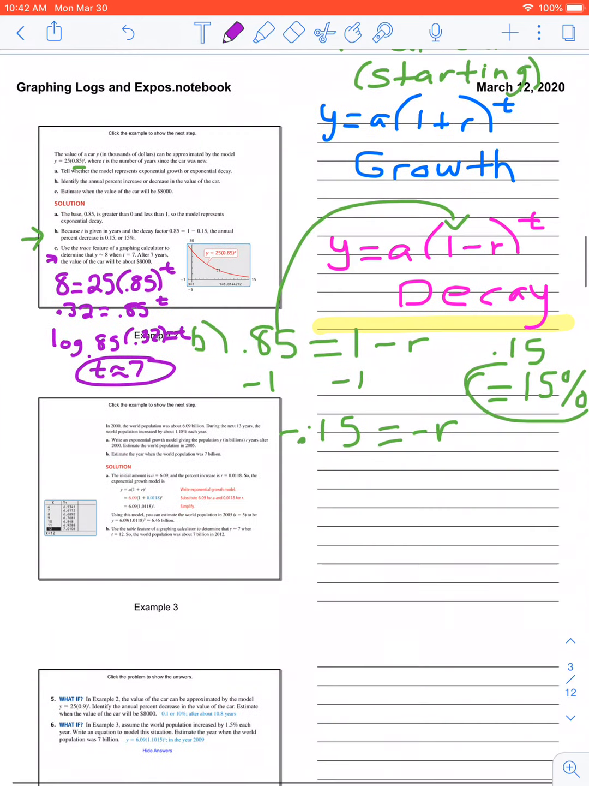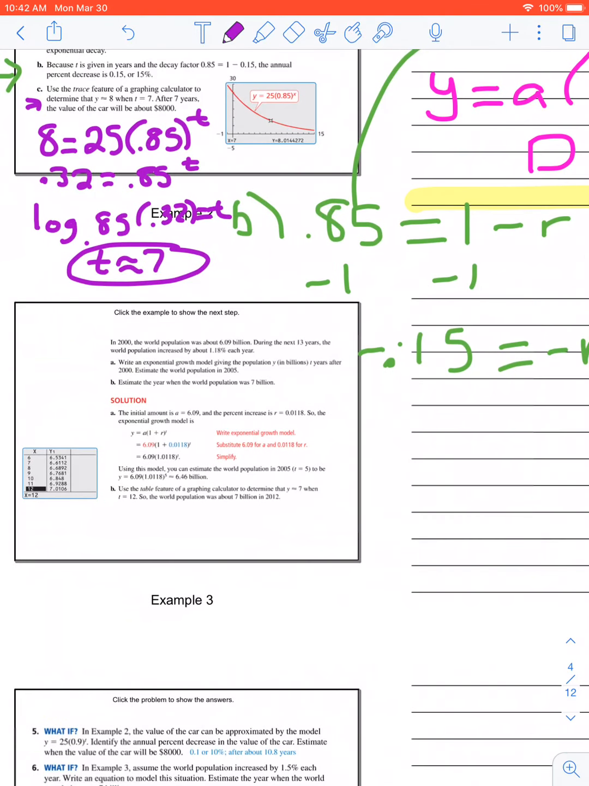Okay, so that's how you would do that one problem on your homework. And let's do a couple more just to make sure. On the next example, example 3, it gives you the same thing. It says in 2000, the world population was 6.09 billion. During the next 13 years, the world population increased by 1.18% each year. Write an exponential equation given the growth model and estimate what the population would be after it starts in 2000 at